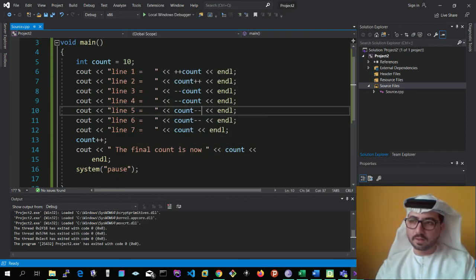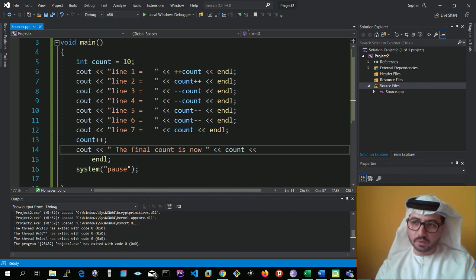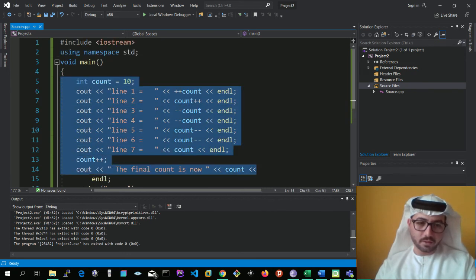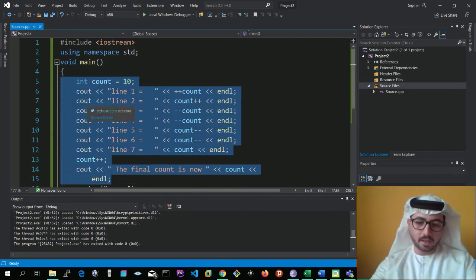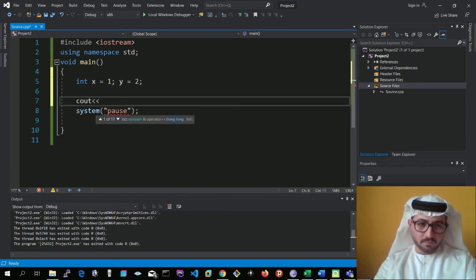Okay, now I need to save it. So for the next question, we'd like to check the usage of less than or greater than with if statements. Before I start with that, I just want to emphasize on something. Let's assume that we're having two variables of type integer, x equal 1 and y equal to, let's say 2, no problem. So if I output